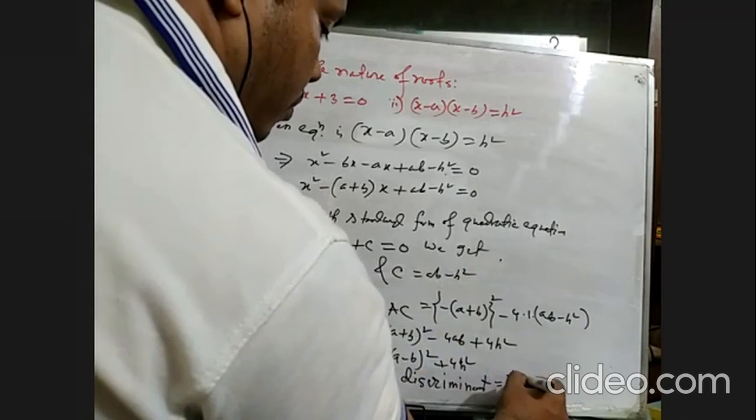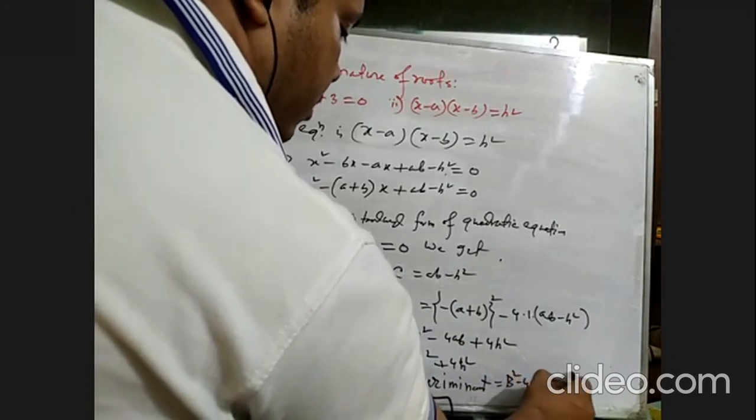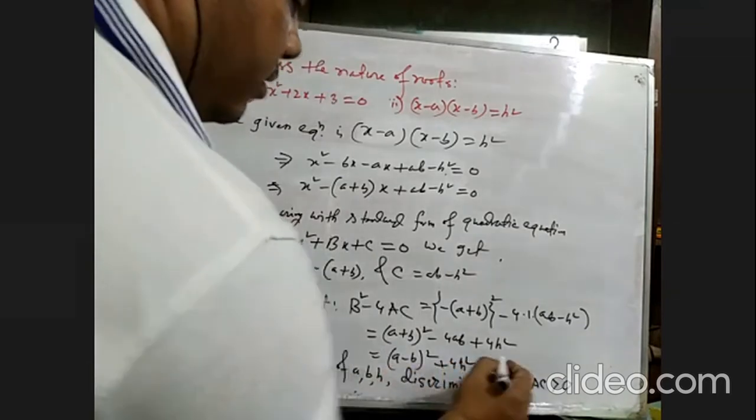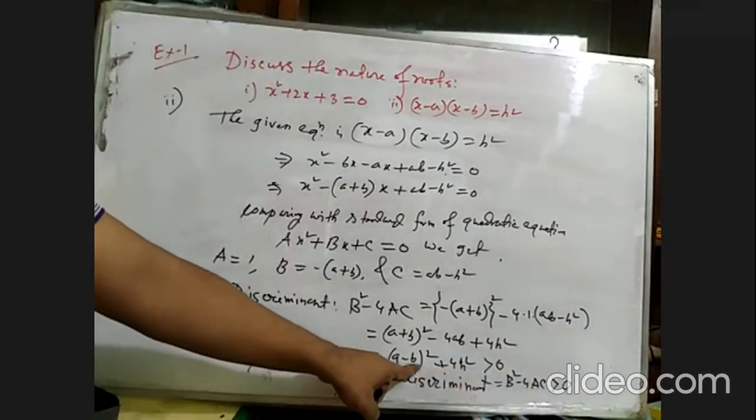B square minus 4ac greater than 0. Okay, greater than 0. For any value of a, b, or a's,